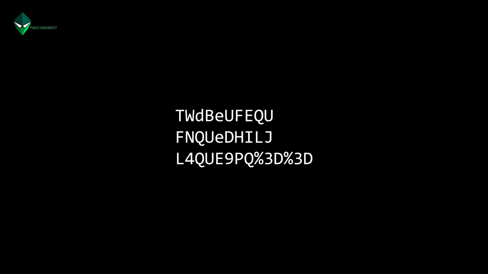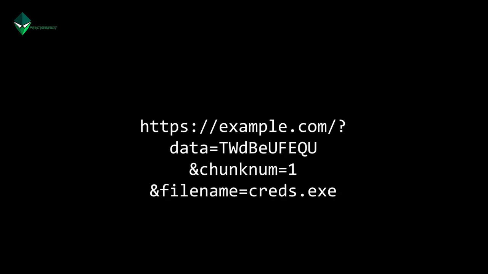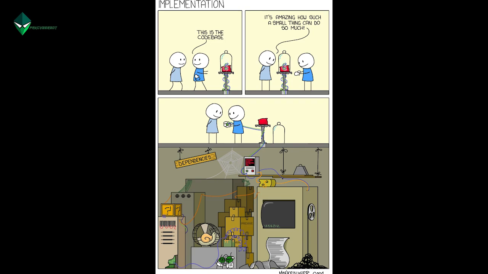For easy decoding and reassembly, I added crucial metadata to the query parameters: a chunk numbering parameter to track the order and reconstruct the full base64 string correctly. Second, the original file name parameter so the recovered data can be saved with the right name. Thinking about data processing and the entire exfiltration flow, I developed a custom tool written in Golang. This allows me to create a standalone executable binary or an ELF binary that can be used on the target machine without needing to install any dependencies.